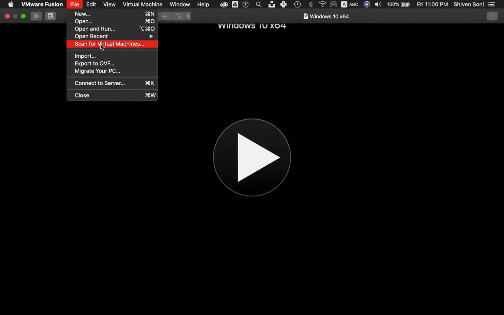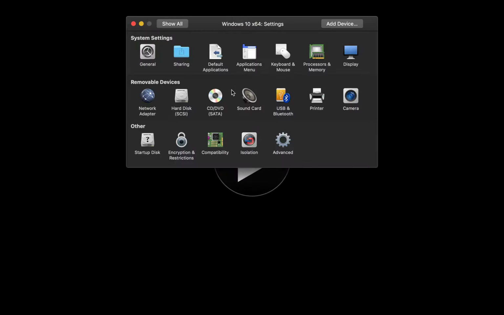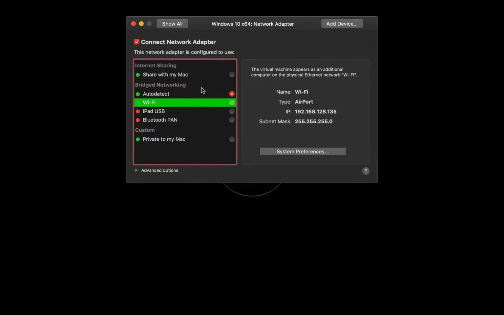Weird, because there is this. Oh yeah, okay, so we want to do Command E here, and then there's gonna be network adapter, and then